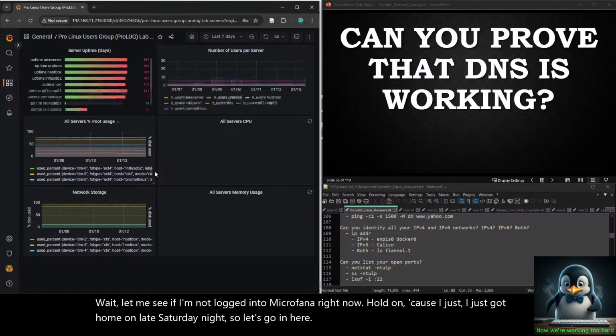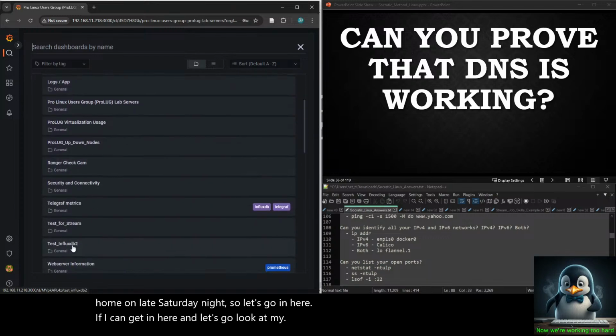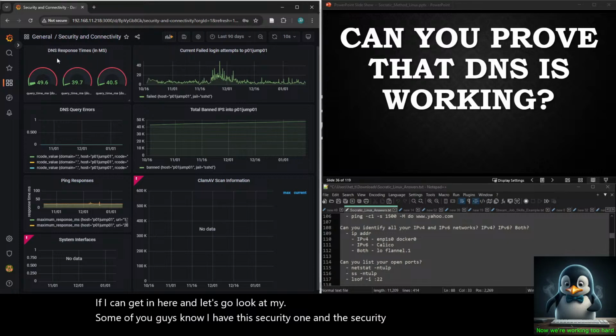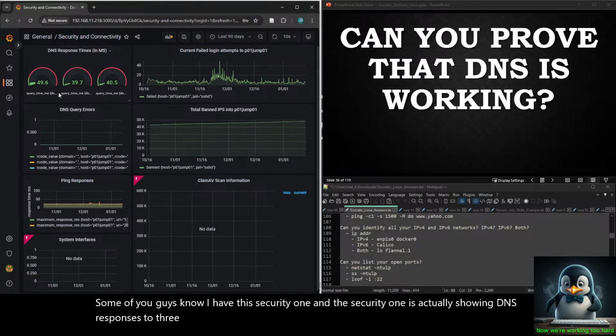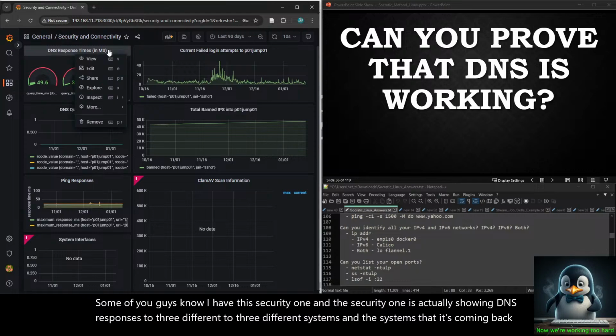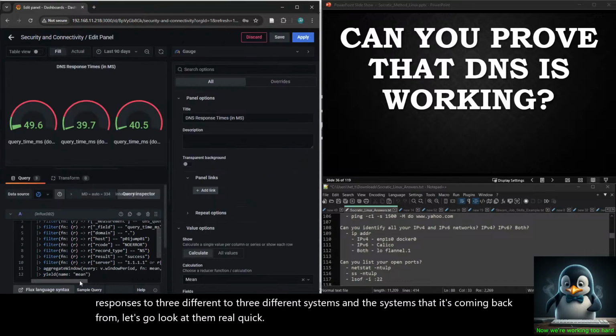See if I can get in here. And let's go look at my... some of you guys know I have this security one. And the security one is actually showing DNS responses to three different systems. And the systems that it's coming back from, let's go look at them real quick, we come back from